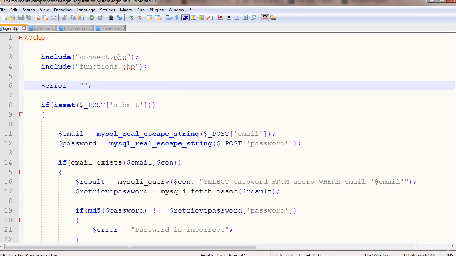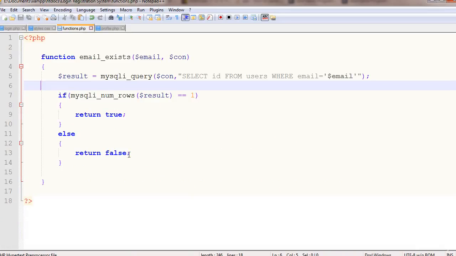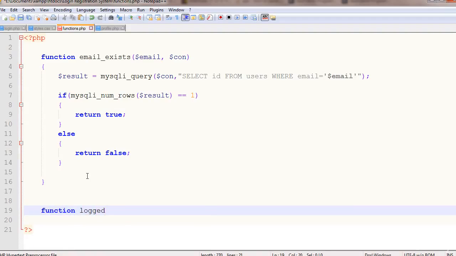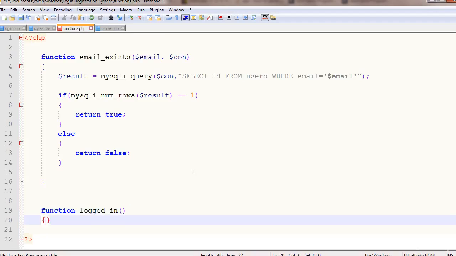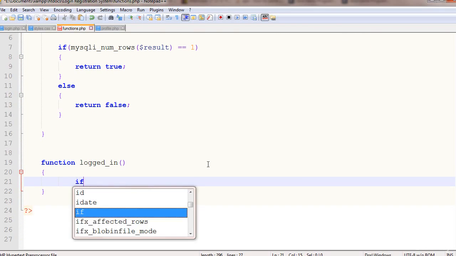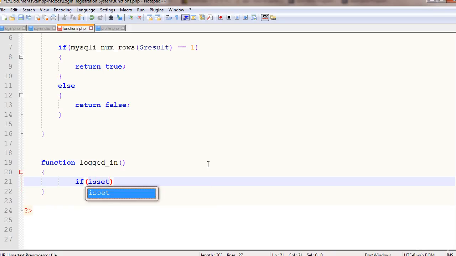For example, you want to check if the user is logged in or not. How can you know if the user is logged in? You can check by creating a function logged_in, and we will check if the session is started. If the session is started, then the logged_in function will return true, otherwise it will return false. This is a very awesome function that I'm going to create now, so pay attention. Function logged_in. It takes no parameter. I'm going to say if isset